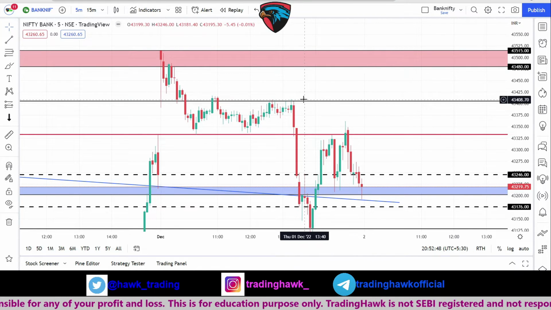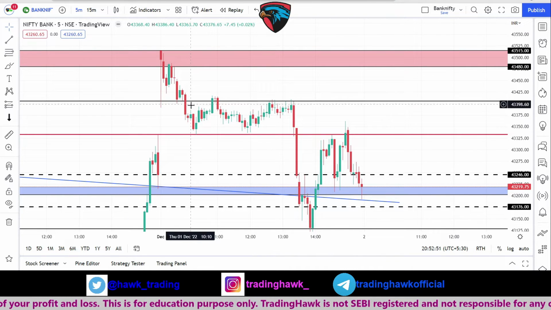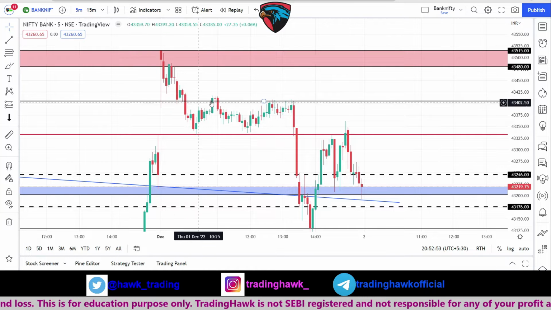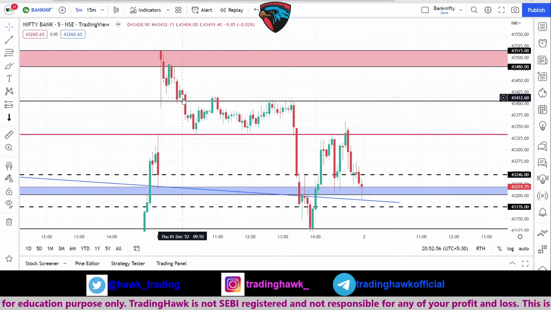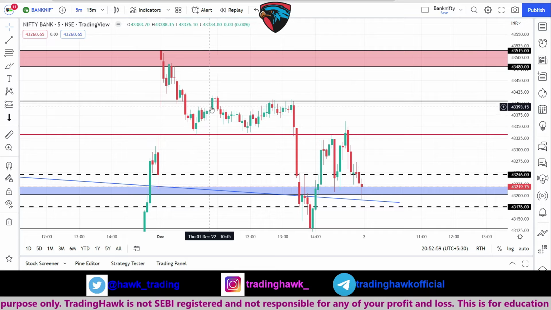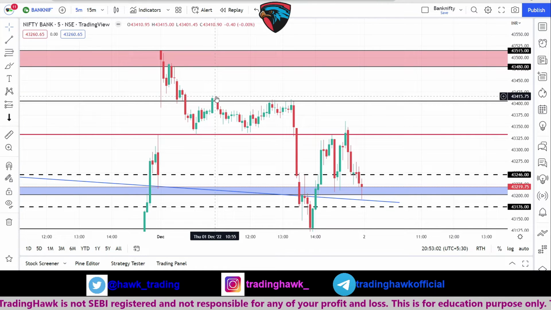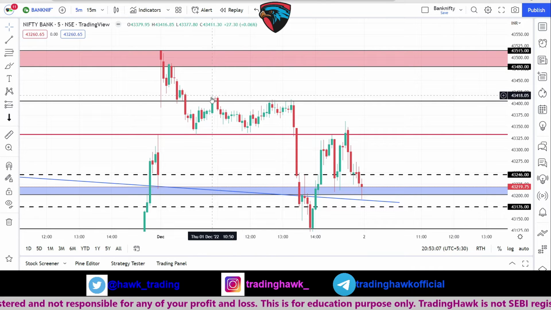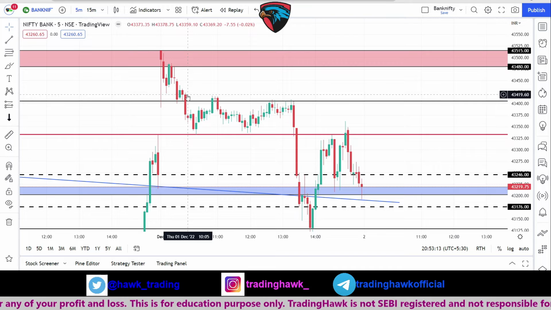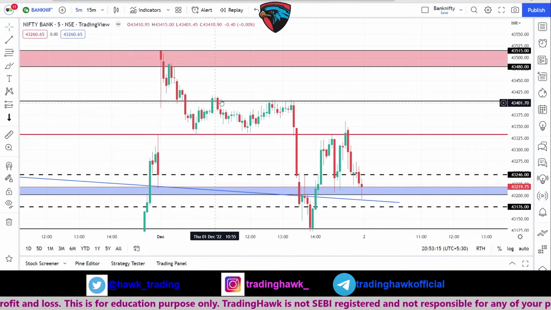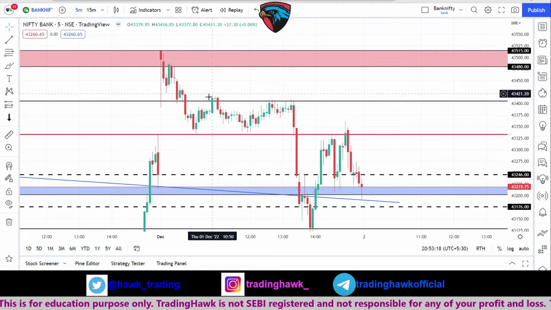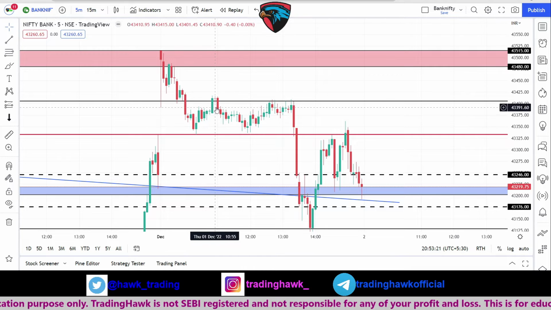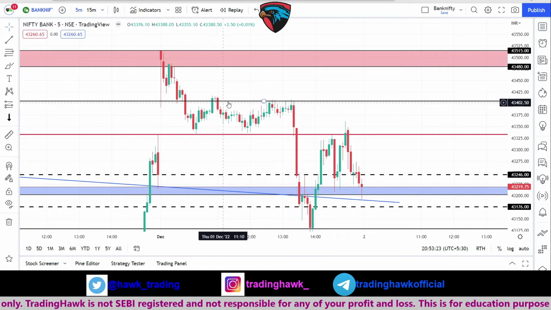So if we go here, we are able to see that this 43,400, which was earlier respecting a bit of support, gave the breakdown. Again it went up but made this type of a doji and kind of a shooting star pattern, and again fell down. So this was the indicator that the sellers are there. Earlier it tried to bounce from here, but then the sellers pulled it down, and then this candle, if you see on the 5-minute time frame,